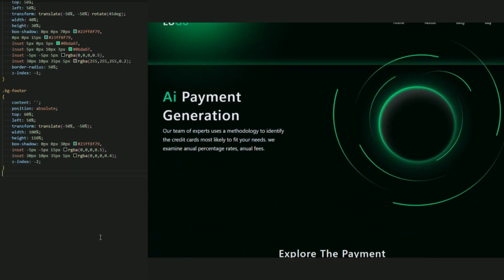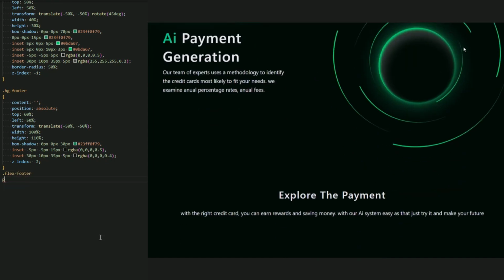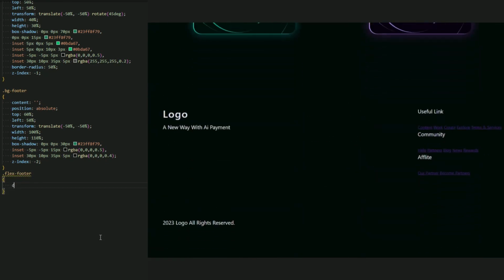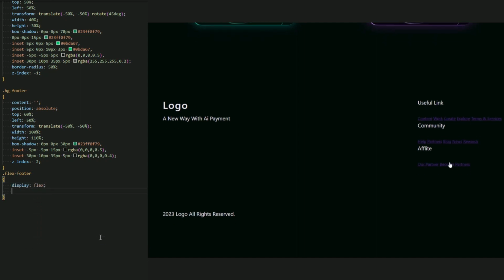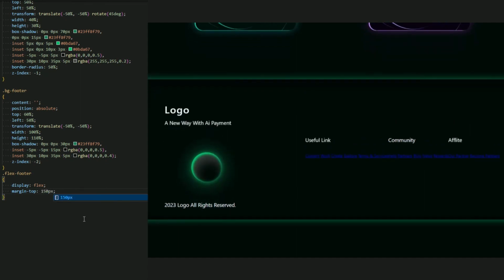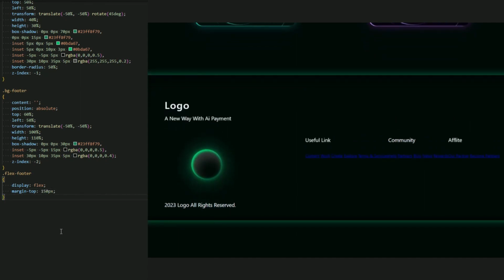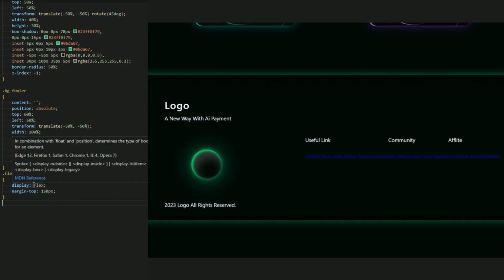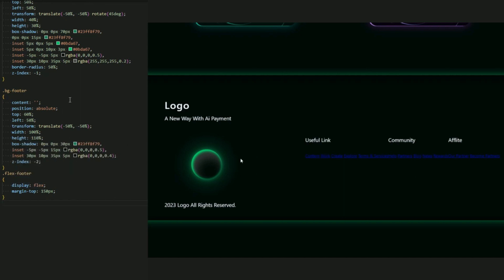Okay, now let me add a flex footer to add a display flex. Display flex and the margin top, just to add a little margin, 150 pixel. Okay, and I add a margin top because I just wanted this circle to be in the back of these links, guys.